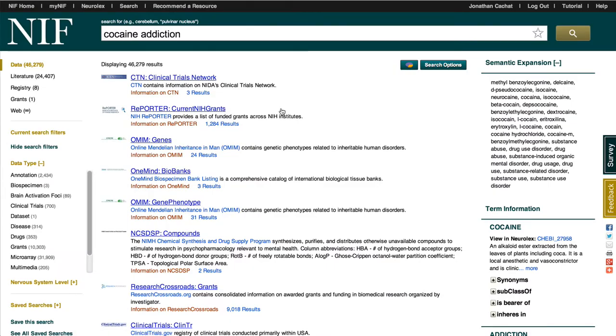Now what you can firstly see here is that I'm in the data tab, meaning that all my results are databases or data sets within databases. I can immediately see that I have clinical trials. Here's genes from OMIM that contain genetic phenotypes related to addiction. And